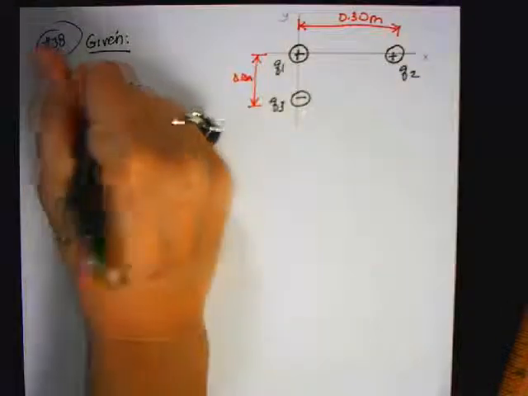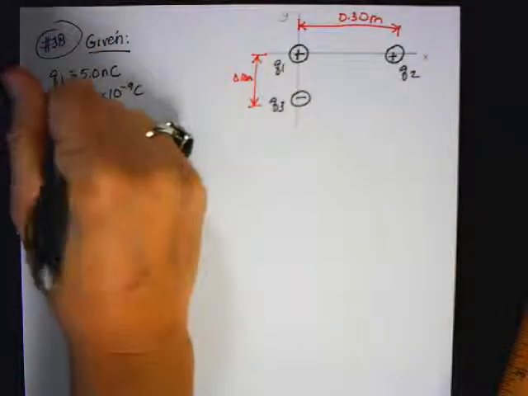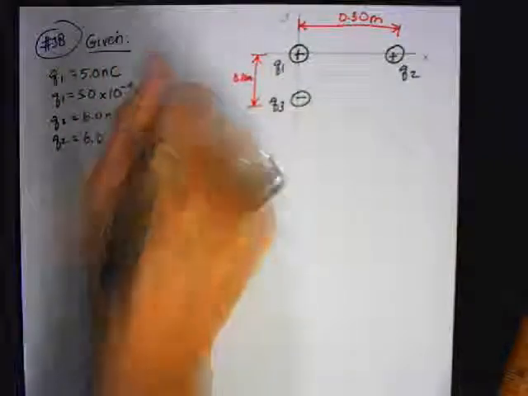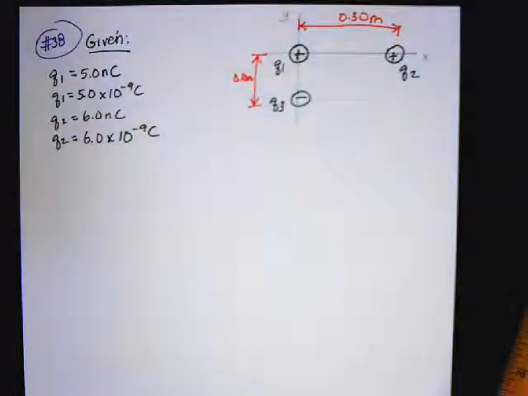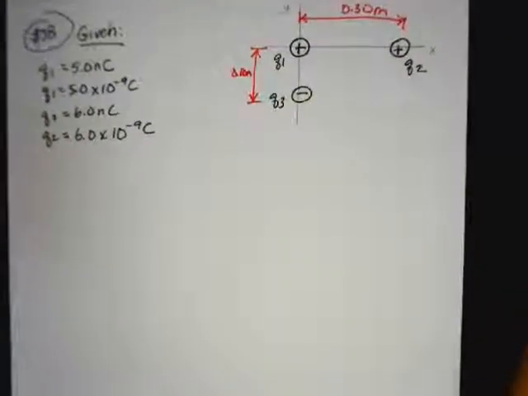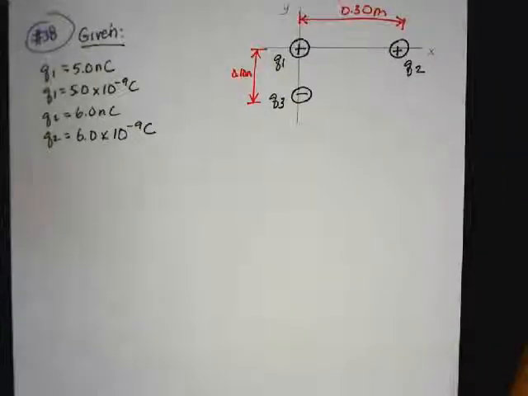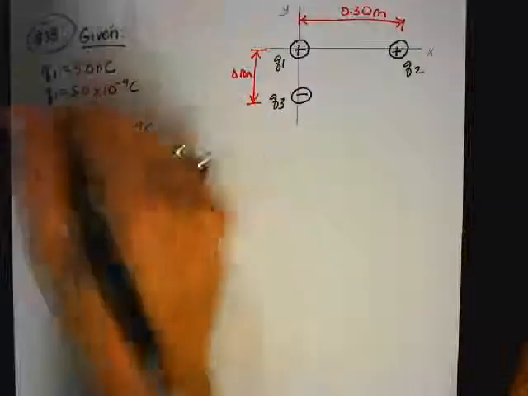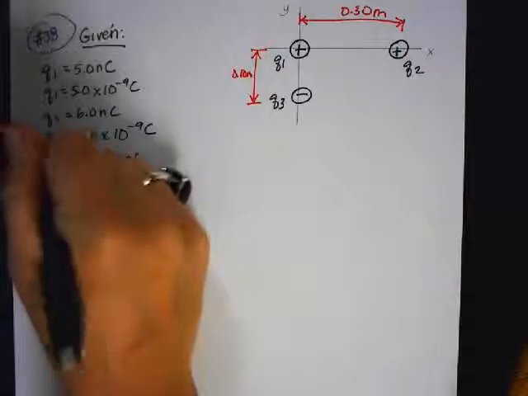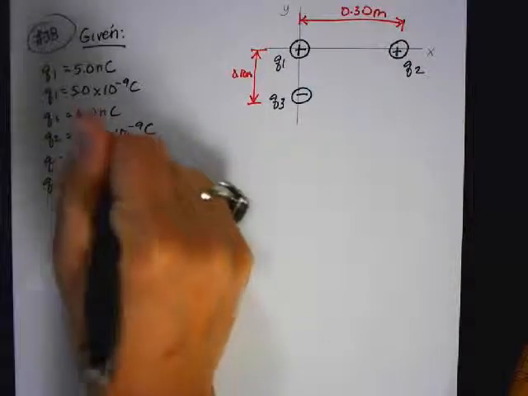Q2 is equal to 6 nanocoulombs, so Q2 is equal to 6.0 times 10 to the negative 9 coulombs. And then I see that Q3 is equal to negative 3 nanocoulombs, which is negative 3 times 10 to the